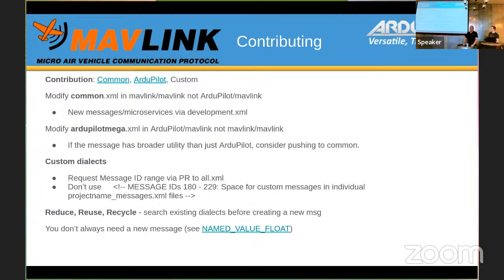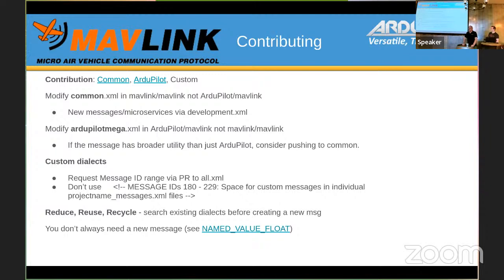And then rather than redefine a message, propose that message gets moved across into common.xml so that everyone has access to it. You'll see over the last couple of years, there's been quite a few instances of messages being lifted up out of ArduPilot Mega into common, rather than duplicating or replicating an equivalent message into common, and hence reducing that opportunity for interoperability, which is really what having that centrally managed standard is all about.